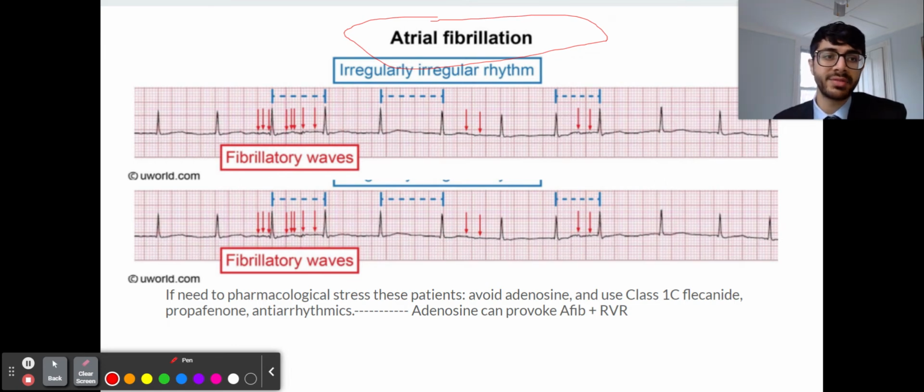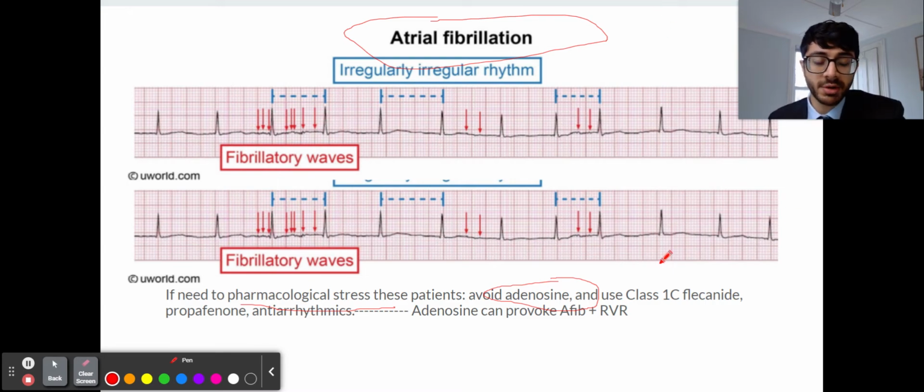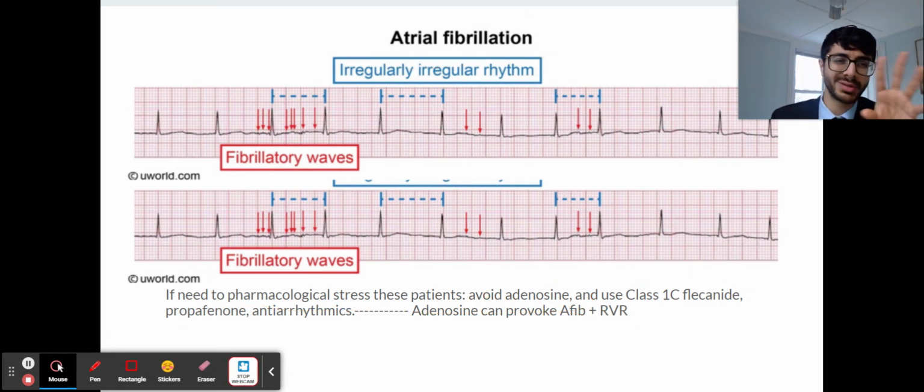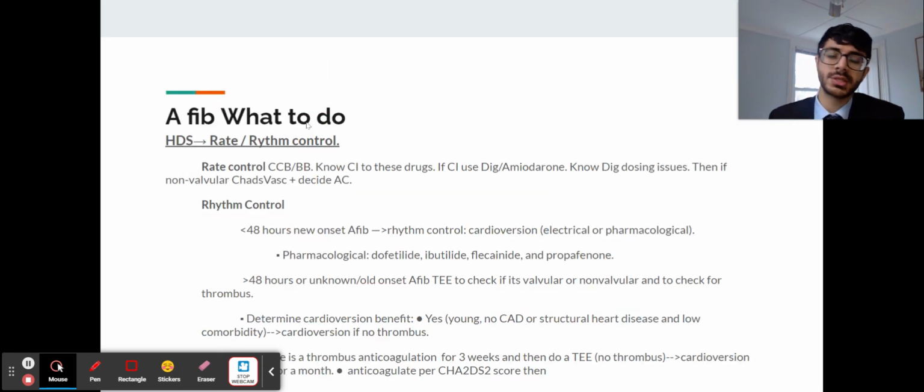So you can't, because they have an extra knee or something, like they have osteoarthritis, and you cannot exercise stress test them. You're going to pharmacological stress test these patients. You're not going to pharmacological stress test them with adenosine, because adenosine is going to mess them up and cause COPD type things and they're going to die. You're going to pharmacological stress test AFib patients with class 1C antiarrhythmics, right? Because adenosine can provoke AFib with RVR, and AFib with RVR kills people. But whatever, even if you don't know this part, this is a little complicated. I don't have my own head wrapped around this either, but this is the reason I put up